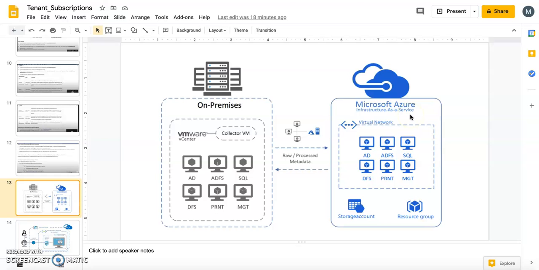Let me summarize. On-prem, the company has to buy the infrastructure upfront and keep the lease for 3 years, 4 years, or whatever the contract period is. You may be using the peak of that infrastructure only during November, December, or whatever peak season the company plans for, and for the rest of the days you're not using that compute power. So you have to invest a lot upfront. In the Azure cloud or any other cloud, you determine when your peak would be and where you will use those specific VMs, and then you utilize them. If you don't need them, you stop, deallocate, and save the money.